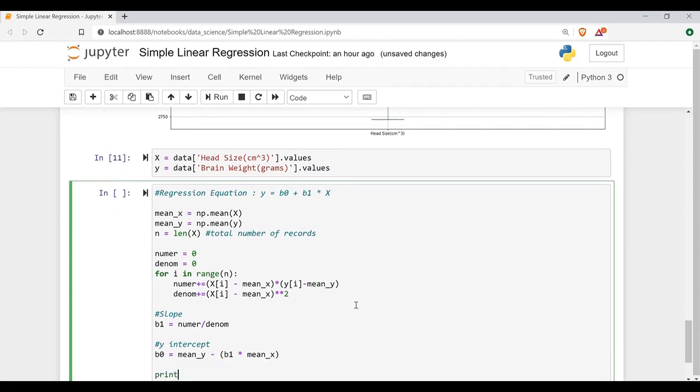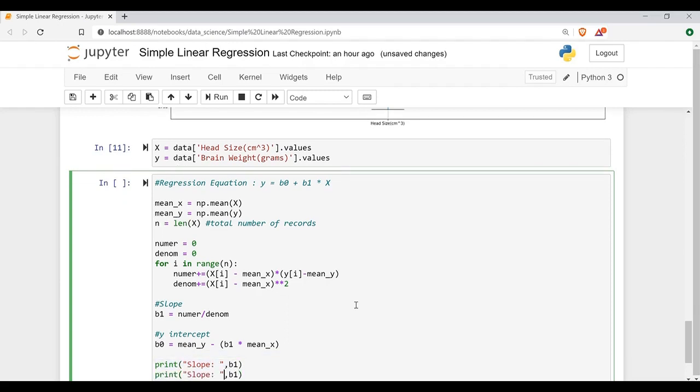And once we do that, we'll just print our b naught. So I'll say print slope colon, slope would be this one, that is b1, and intercept colon b naught, that would be our intercept.